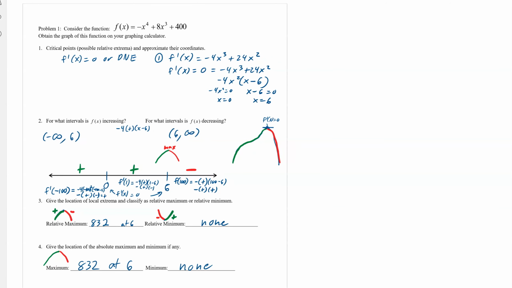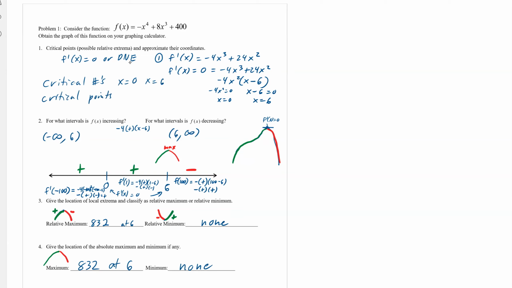There's all the questions. And you notice every single question revolves around your critical numbers, and that's why they're called critical numbers. Now, this one asks us to find critical points. So what is the difference between that? And I wanted to do that at the very end. Critical points. So our critical numbers are x equals 0 and x equals 6. Our critical points